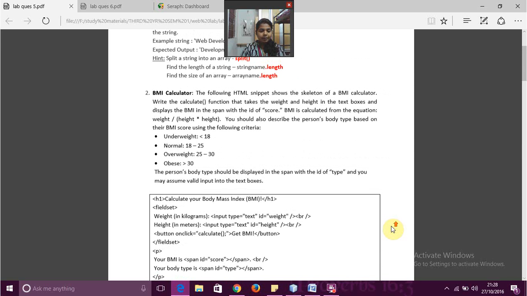My second question is a BMI calculator, where I need to get the weight and height from the user. I need to calculate the BMI and check if the person is underweight, if it's less than 18, normal between 18 to 25, and overweight is 25 to 30,